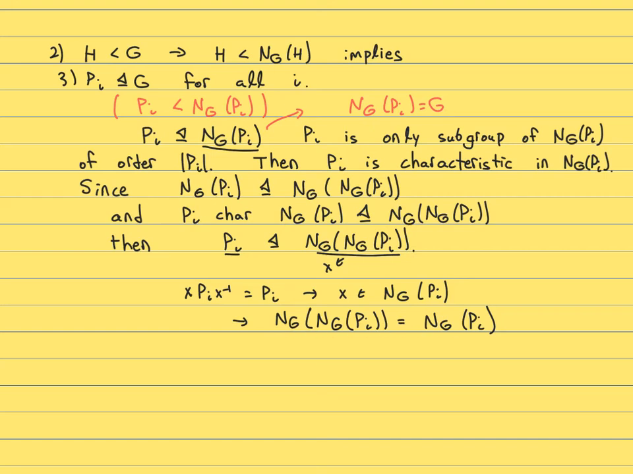And why would you want equality here? Well, technically this only gives you one of the inclusions, but the other inclusion is always clear. Any subgroup is a subset of its normalizer. And so you have equality. And here we have a problem, because remember, every proper subgroup is a proper subgroup of its normalizer. And here we have a group equal to its normalizer. And so by 2,